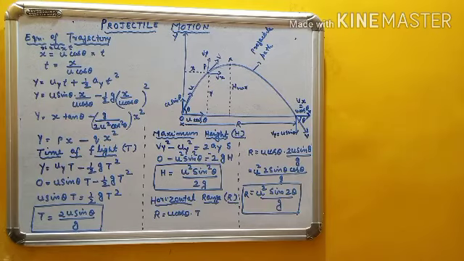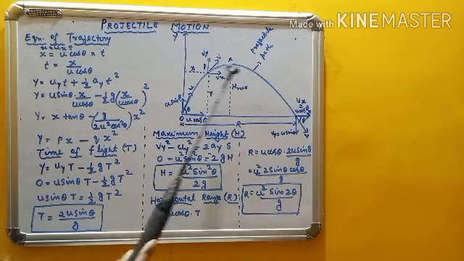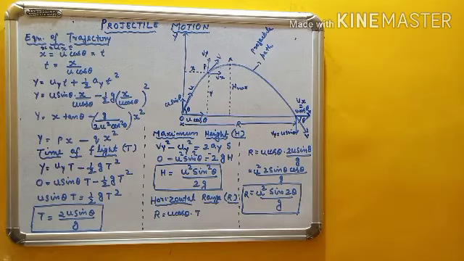From this equation you can know that y is a quadratic function of x. This general expression you have studied in maths. So this is the equation of a parabola. Hence the trajectory, or the path of the projectile, is a parabola. The projectile will move along a full parabolic path. So first step, we have derived the expression for the trajectory.